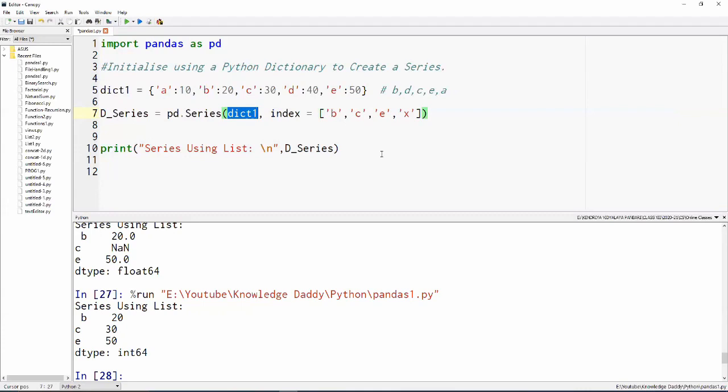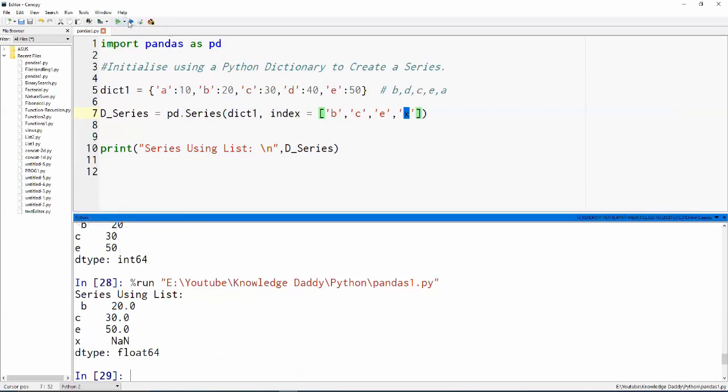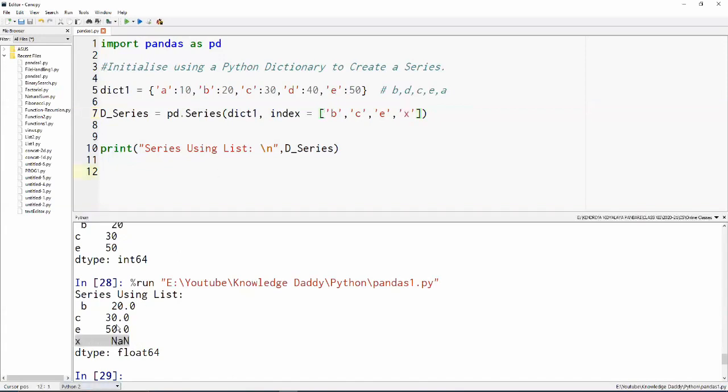It will not find it, but Python is smart enough to not give any kind of error. It will say, okay, you want to find the value for the index position x, but that index position is not defined in the dictionary. So if nothing is defined for a specific value in a series, it will simply replace it with a None value. See, the x position now has a NaN, the None value for a pandas series. Am I making myself clear? It should be very simple to understand. This is a very simple topic to understand.